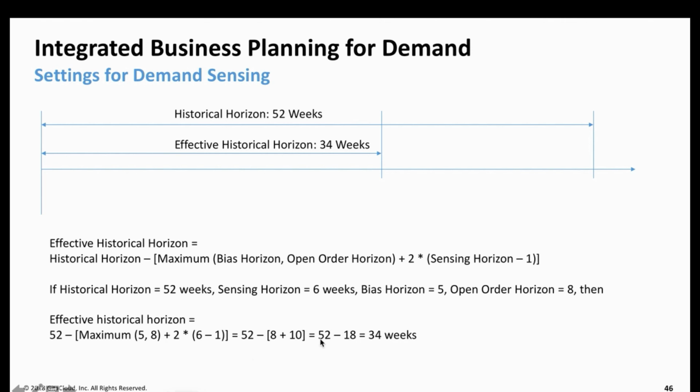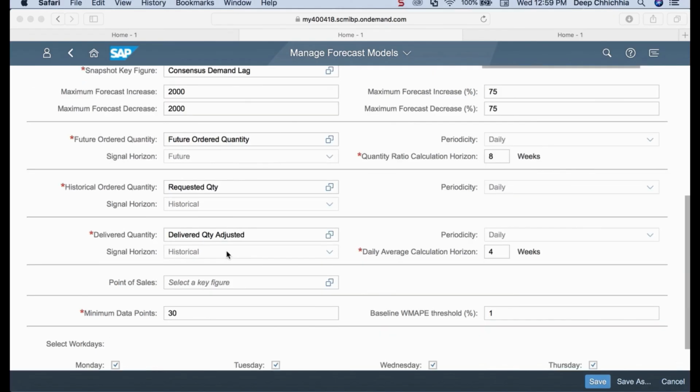So typically demand sensing is more useful for continuous data sets because that helps in better pattern recognition rather than intermittent data sets. So once we know that our effective historical horizon is 34 weeks, and we want to make sure that we use the demand sensing algorithms only for those data points that are continuous, or those products that have continuous sales, you can specify the minimum data points key over here. The setting of 30 basically says that I have history for 30 of 34 weeks, which means that my product is rather continuous in terms of the sales history.